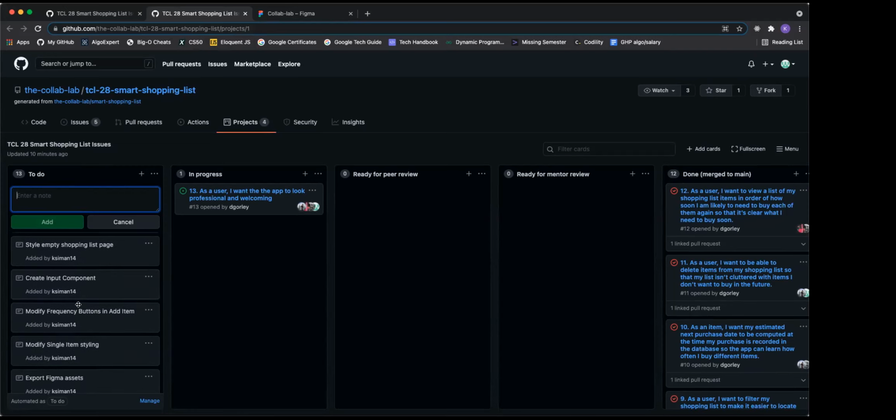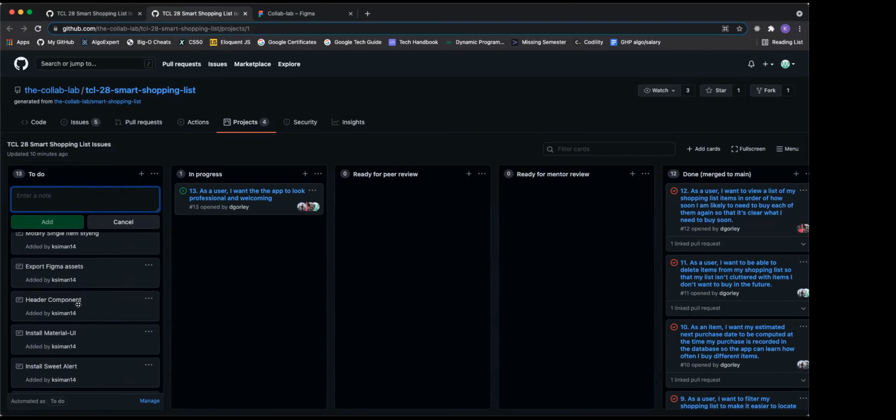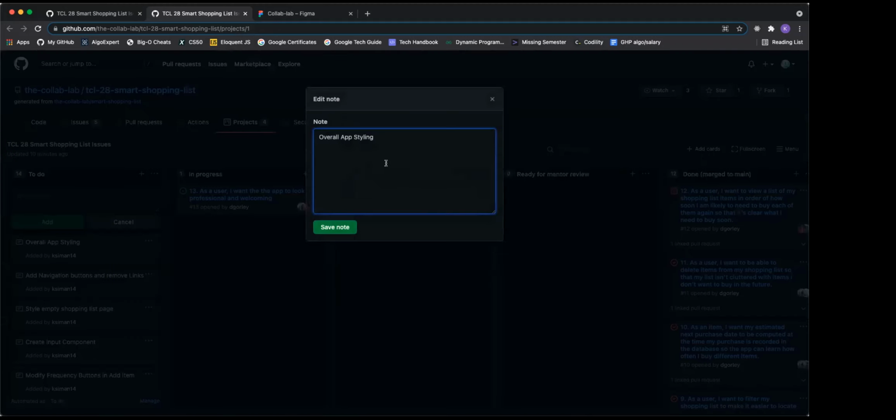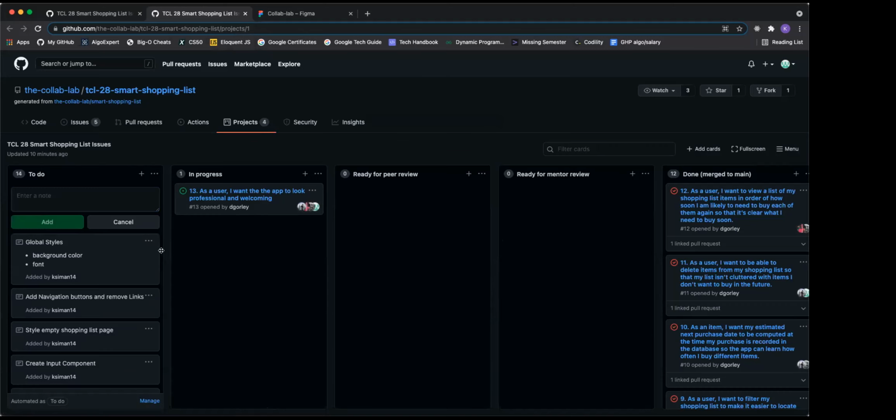And what about overall app styling, background color, fonts, font sizing? I feel like maybe that can be grouped into one, like general, I don't know what you call that, but Typography. Yeah, that's like the global styles. And we could incorporate some of the colors from the palette we have and stuff there.